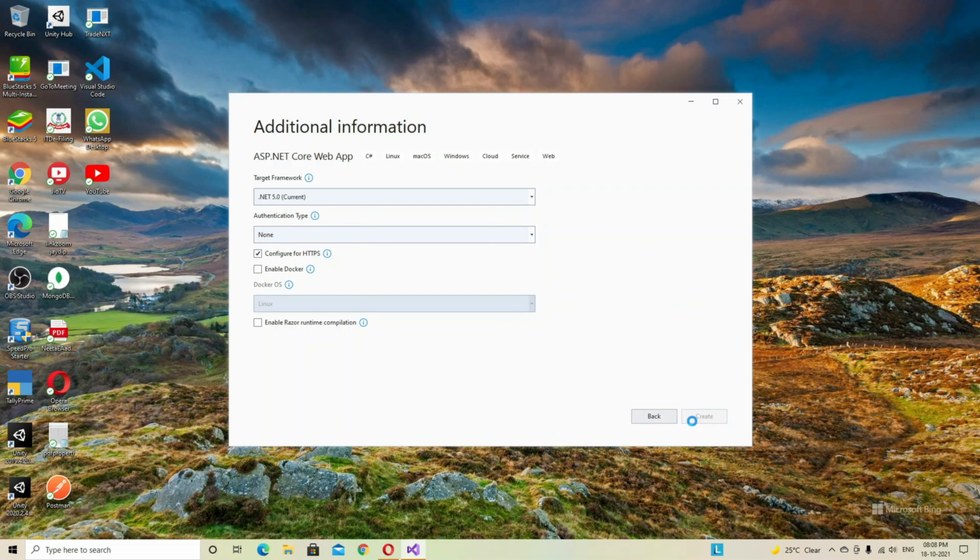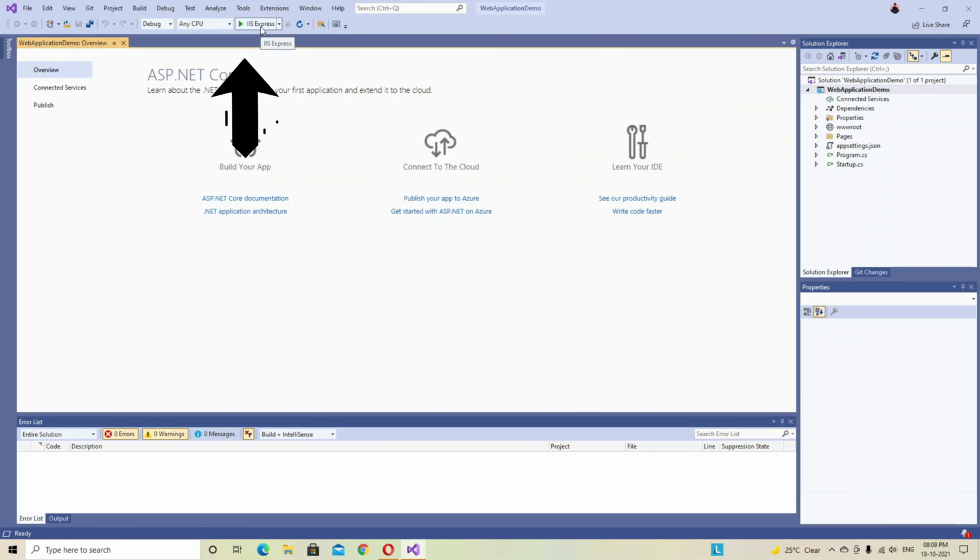That will create a .NET 5 Core web application, a Razor web application, for us. Our application has been created successfully. We click on the play button to see what .NET 5 gives us out of the box for this Razor Page application.